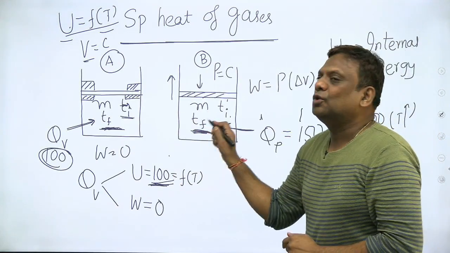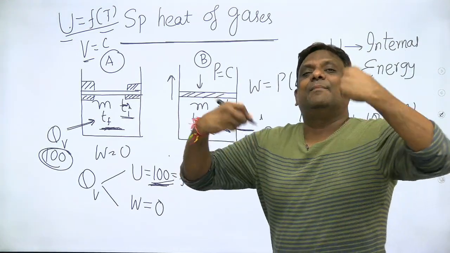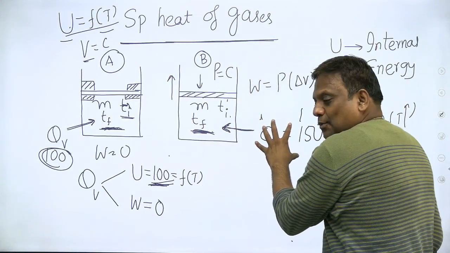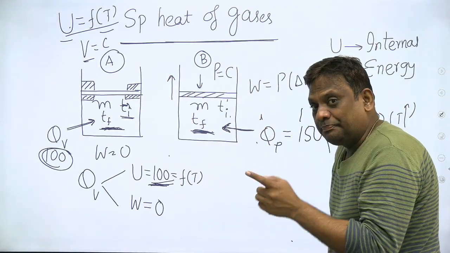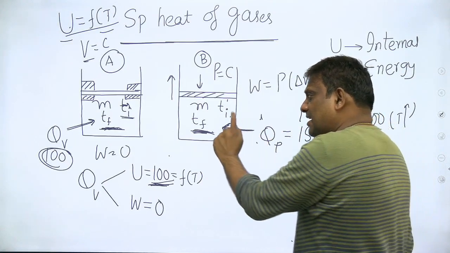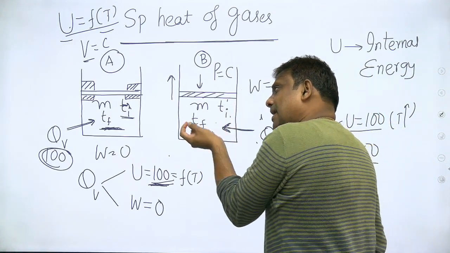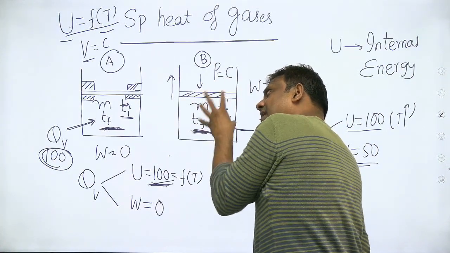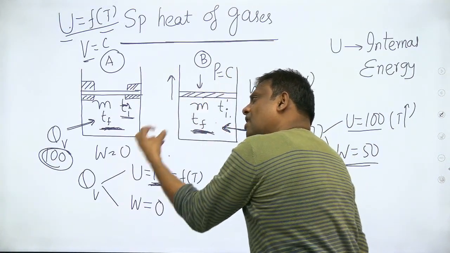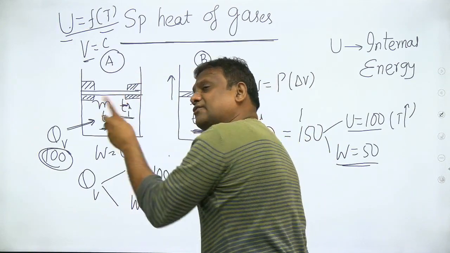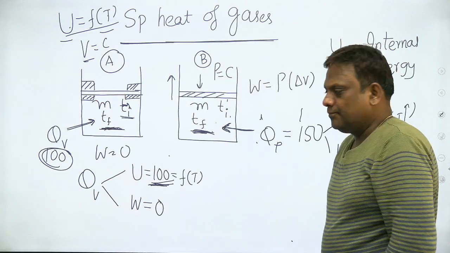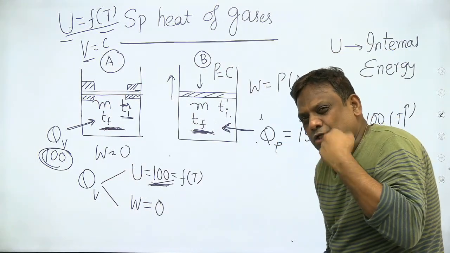Now finally both will reach the same temperature, provided the heat supplied is more in this. So please note down that to reach the same final temperature here, I have to supply extra heat. The reason being, whatever heat you are supplying here is utilized for two purposes, whereas whatever heat is supplied there is utilized for a single purpose, that is storage. Work and storage. So now let us consolidate results.